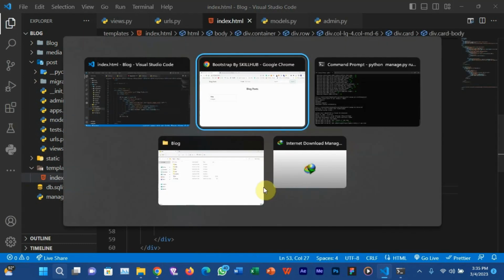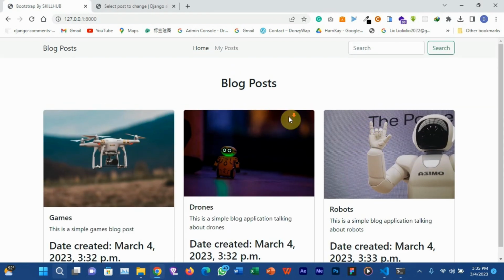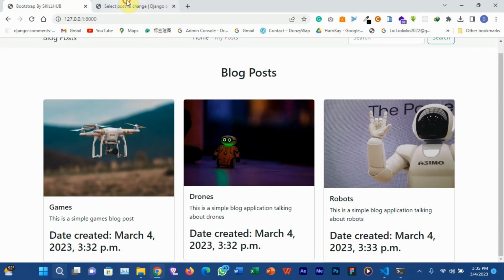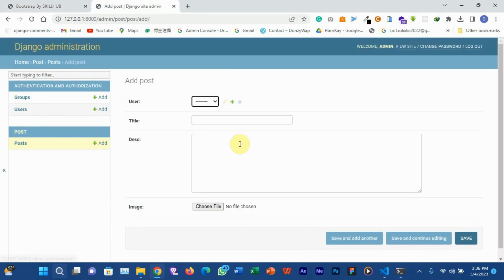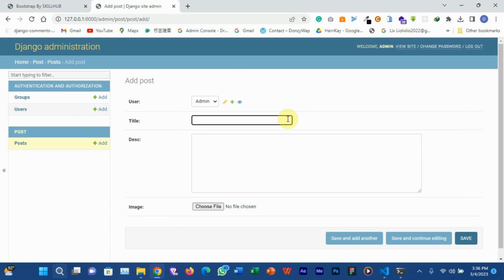All right, so if I now refresh my page, it will just render all the data we have inside of our database here. So if I add a different post, it will automatically upload and then show inside our index.html file here.